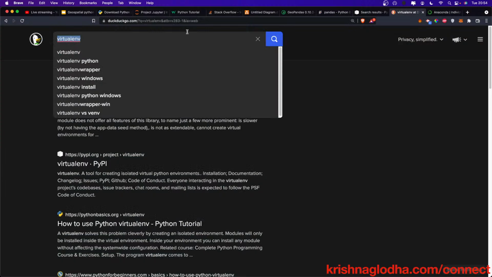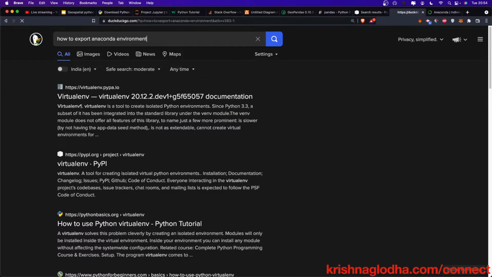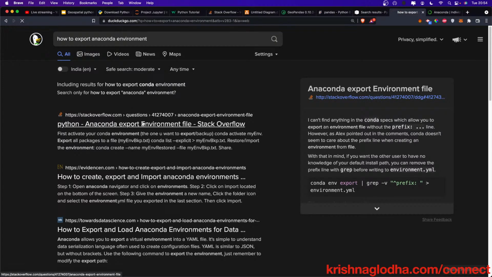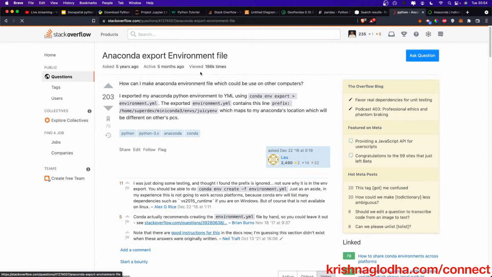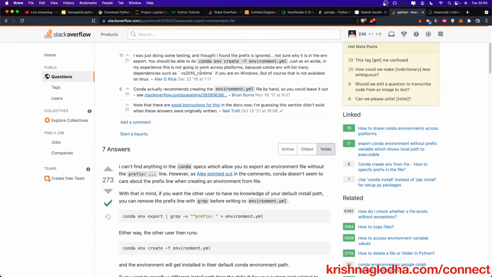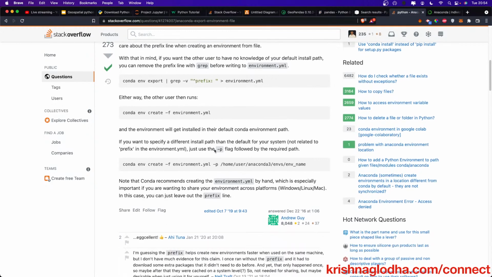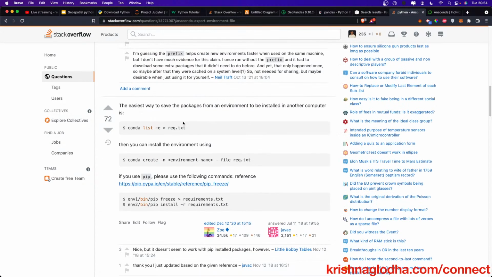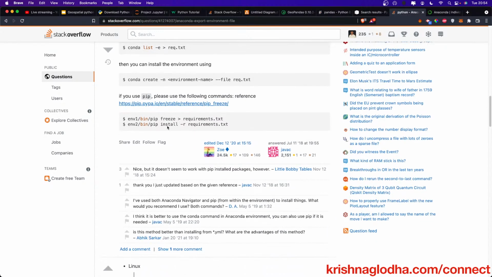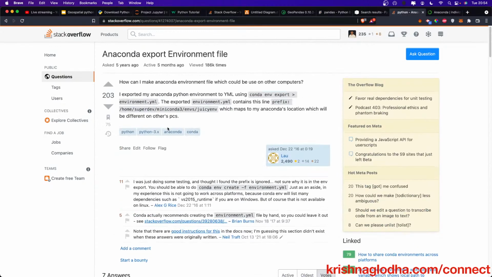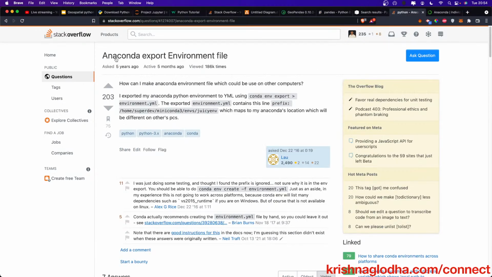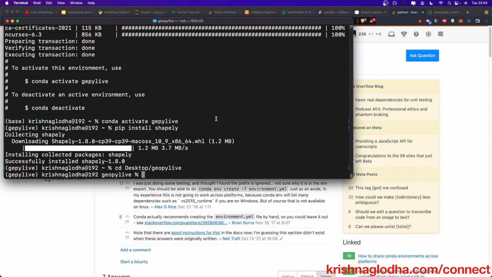So what I can do is search how to export Anaconda environment, and this will give me results. The first thing you see is a Stack Overflow. As I said, Stack Overflow is the god for us. So you can see that either way you can. This is basically for creating, but we are more interested in exporting. So the easiest way they show over here is this. So I conda export environment file. I can simply copy this, and if I paste it,